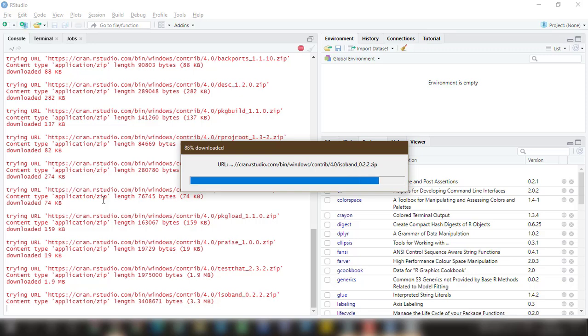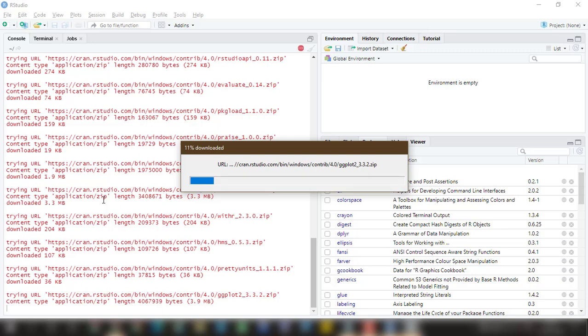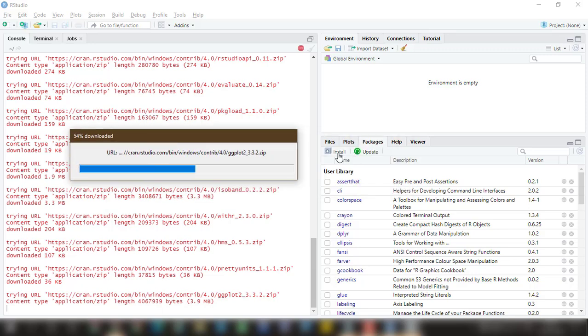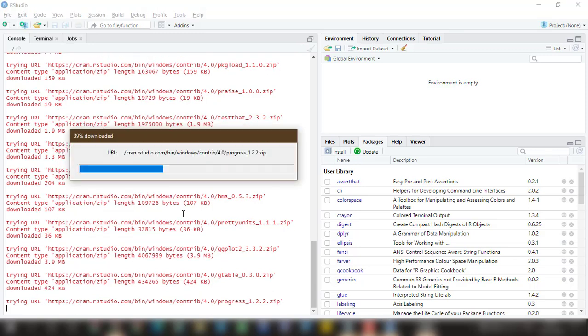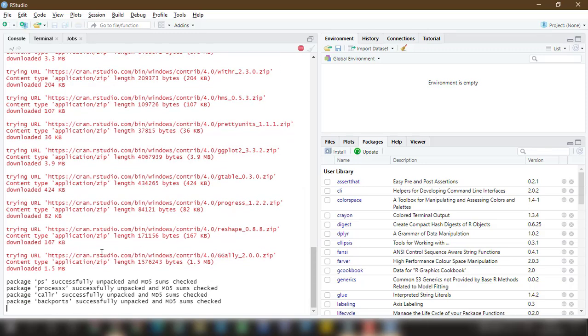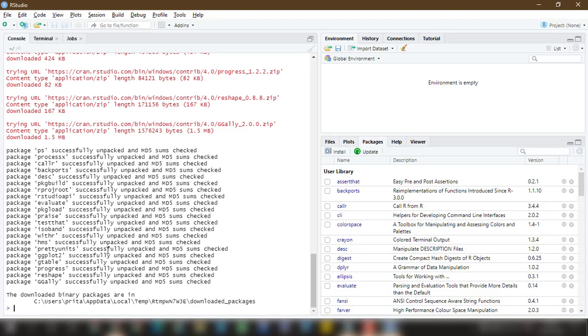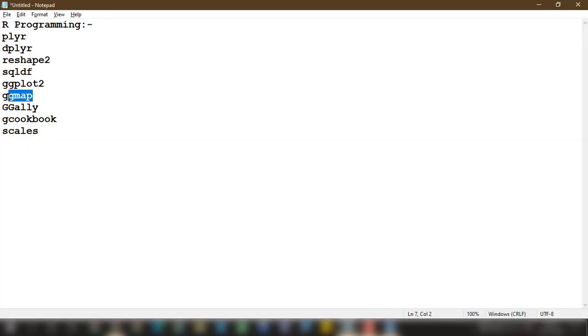You can use either method; no need to worry, both are the same. Here you are installing using the graphical user interface, and here this is the command. Actually, when you pressed the install button, as you saw at that time, the command automatically came into the console, and after that the installation was done.